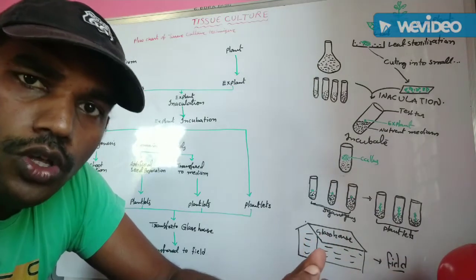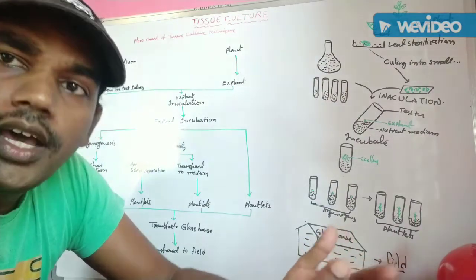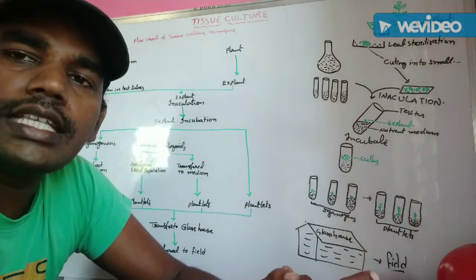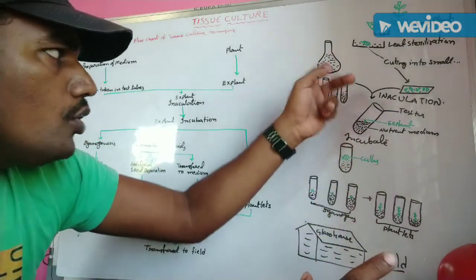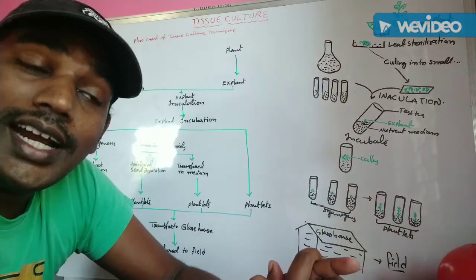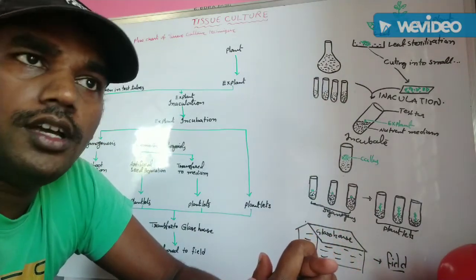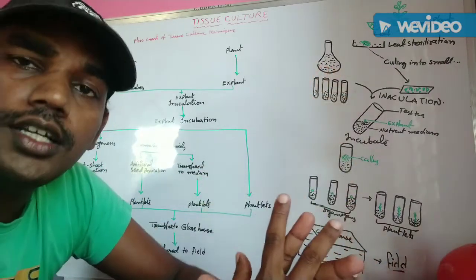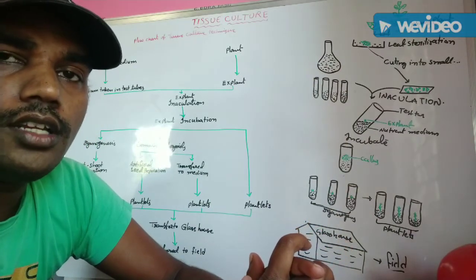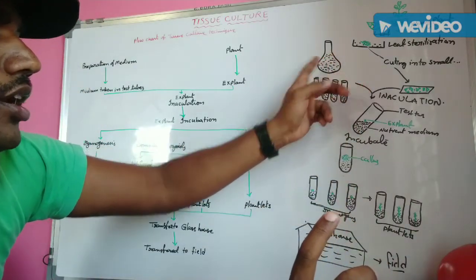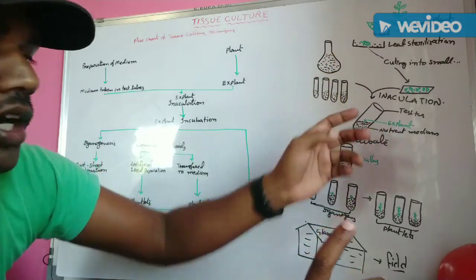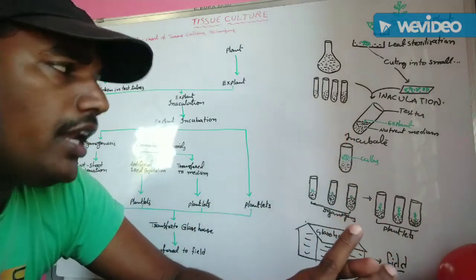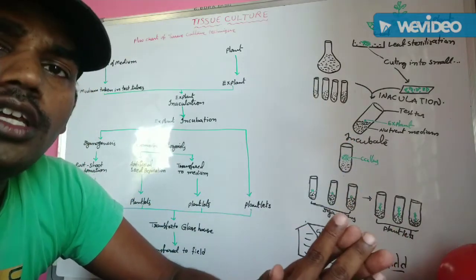This nutrient medium consists of highly nutritious materials, so some microbial organisms easily grow in the nutrient medium. This is known as contamination. Highly nutritious materials are available in the nutrient medium, so contamination with microbial organisms is possible. Hence, you also sterilize this nutrient medium. Understand? After sterilization, you take this nutrient medium into small test tubes. These are also kept at minus degrees centigrade.